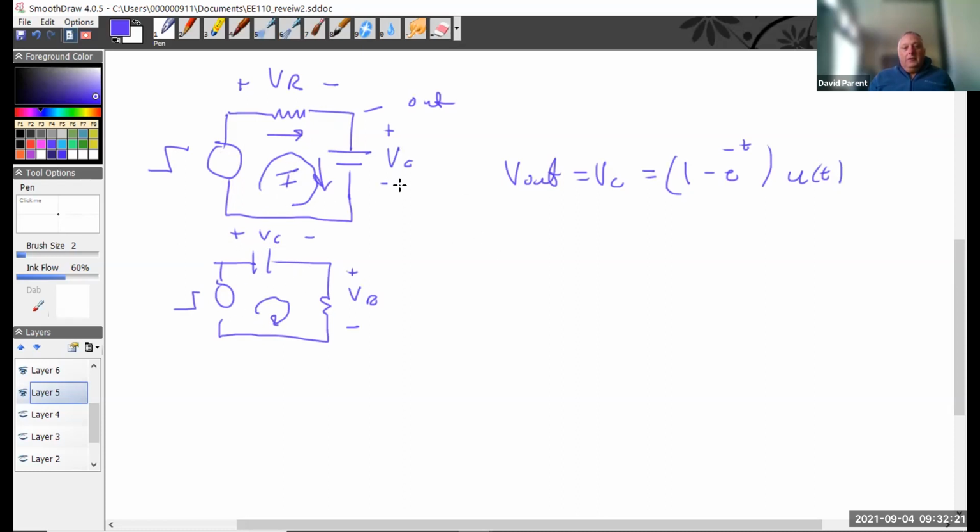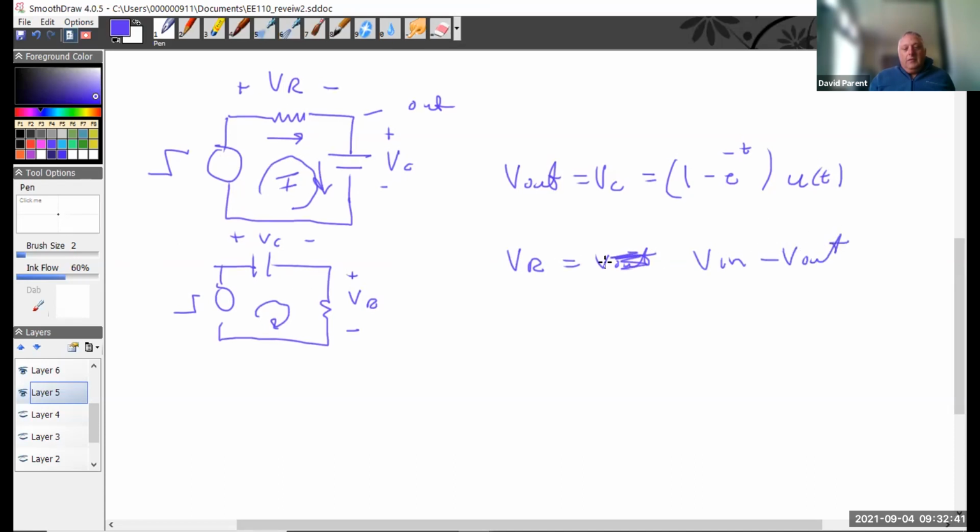And so really, in this case, VR equals V out. VR equals V out, which was VC to begin with, right? So after the step, this is just 1. So I get 1 minus this V out, and you'll get the same answer. And then, or you can say, these two VCs,